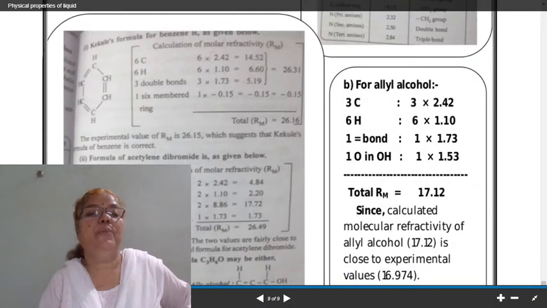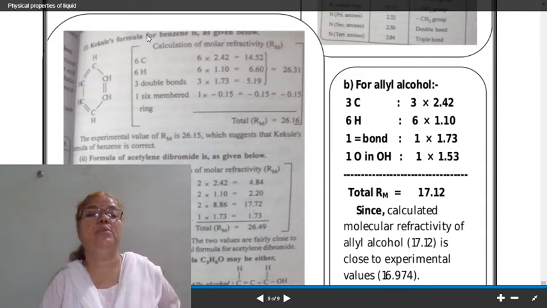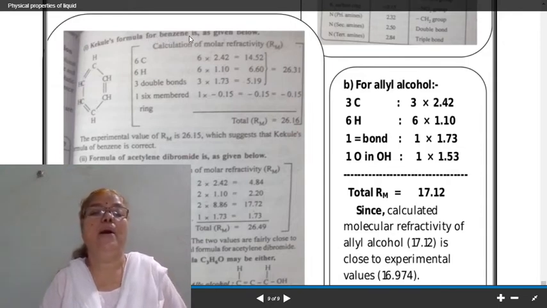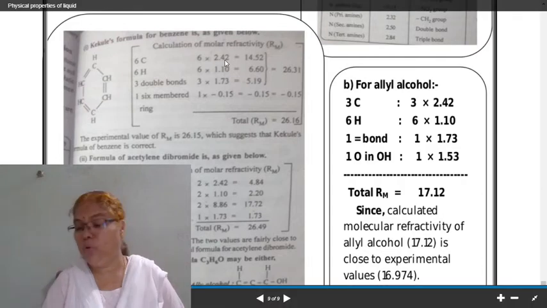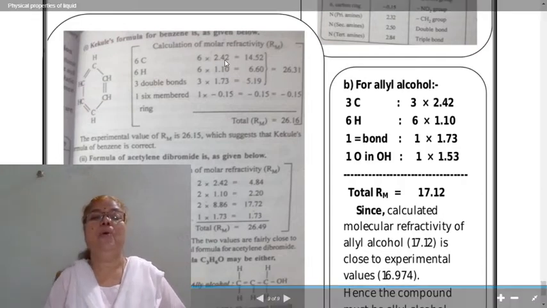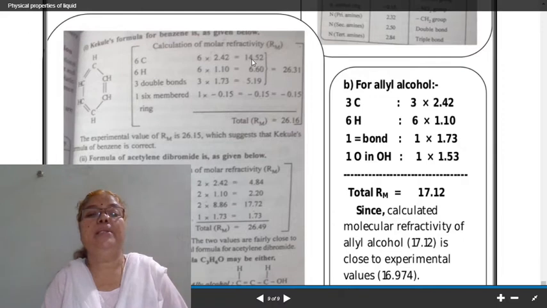Suppose for example consider a Kekule's formula for benzene, and all of you know in case of benzene there are 6 carbon atoms and the contribution of one carbon atom to the refractivity is 2.42. Therefore multiplying 6 into 2.42 we have this product equal to